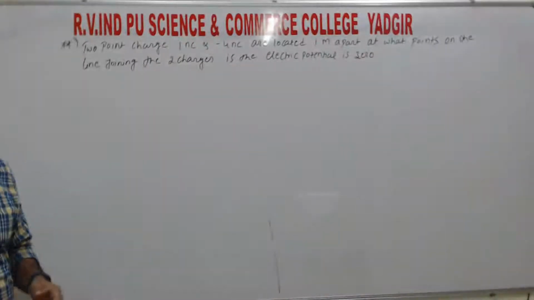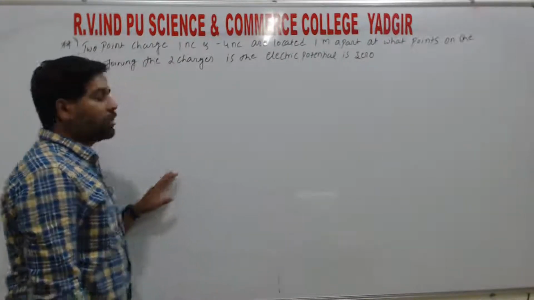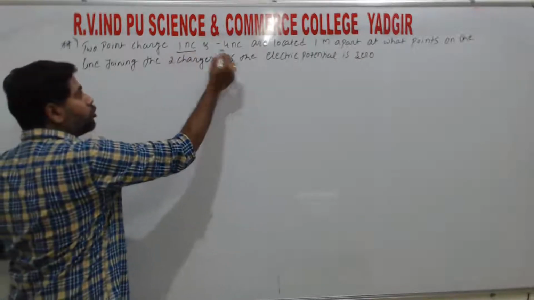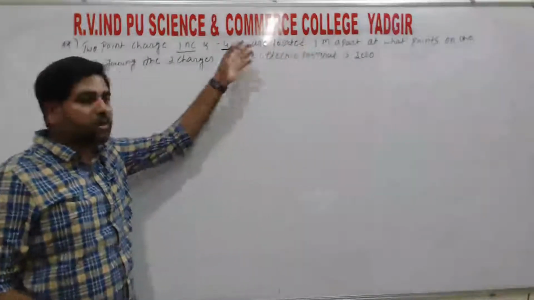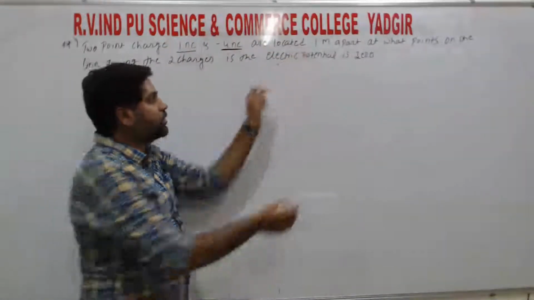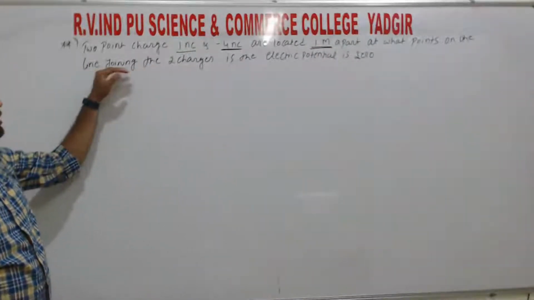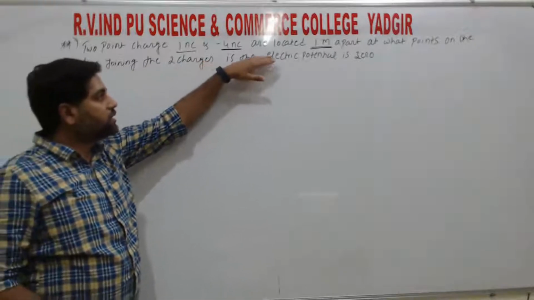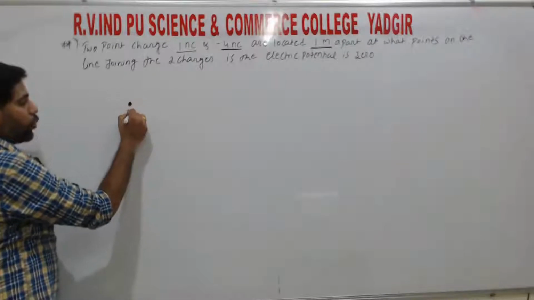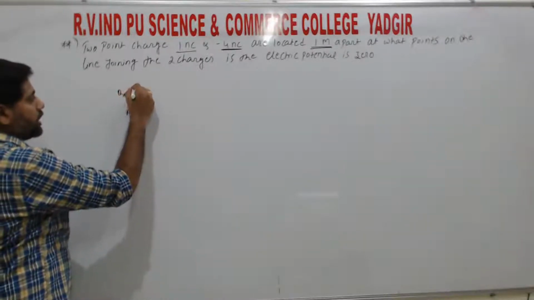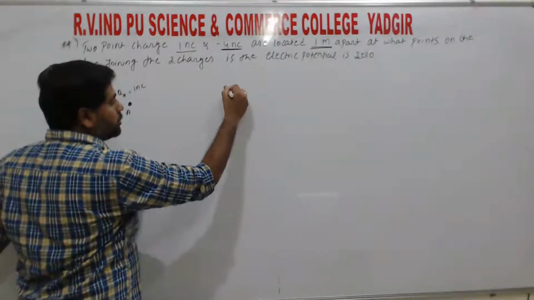So very important method. Several times repeated this method, right? So what have they given? They have given two charges, 1 nanocoulomb and -4 nanocoulomb, located 1 meter apart. That means the separation between these two charges is 1 meter, right? So here we are going to find at what point on the line joining the two charges the electric potential is zero, right? So for that, considering here point A, that means charge A is 1 nanocoulomb, and somewhere here the point B, charge at B is